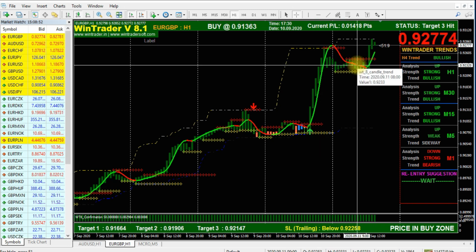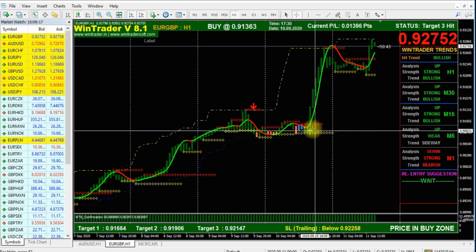As I told, before taking the position, if the software gives a buy or sell signal, we have the option to check whether the signal is confirmed or not. If it is confirmed, then only we can take the position. Otherwise, you just ignore the signal. For checking the confirmation, we have two parameters in our software. If these two parameters are confirmed, then only we can take the position. Checking the confirmation is very easy and simple. I will show you. Currently, the buy signal is active.